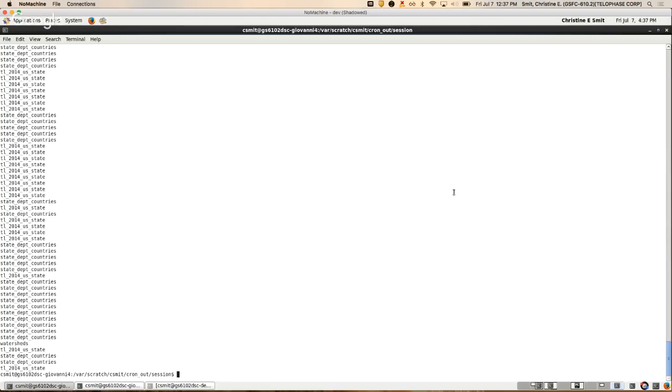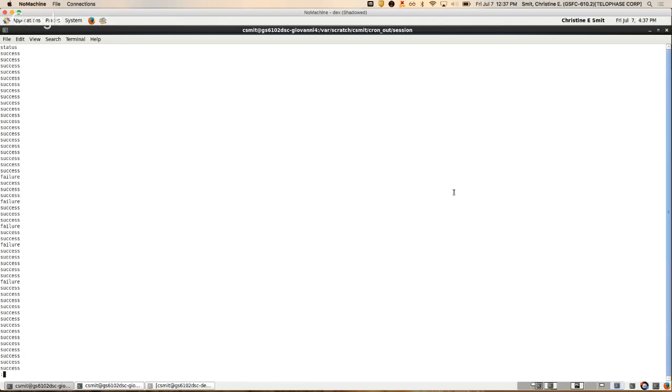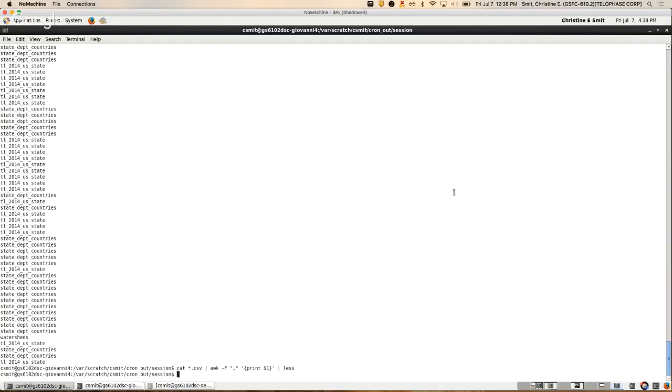Okay, so I'm going to once again cat all the CSV files here. And then this time I am going to print the first column, which happens to be the workflow status. So you can see here that we're mostly successes, but some failures. If what I want to do is find out how many successes and how many failures there were,